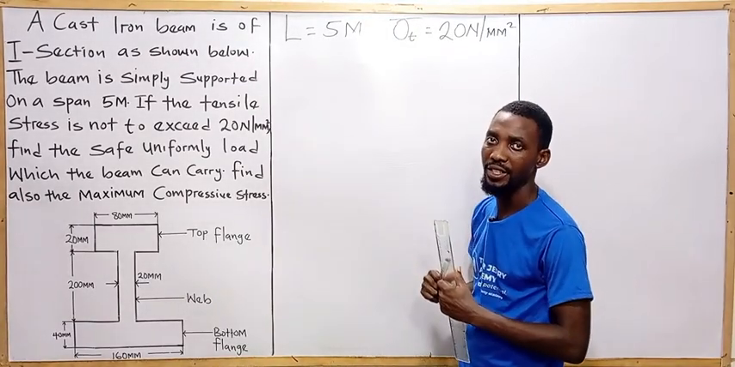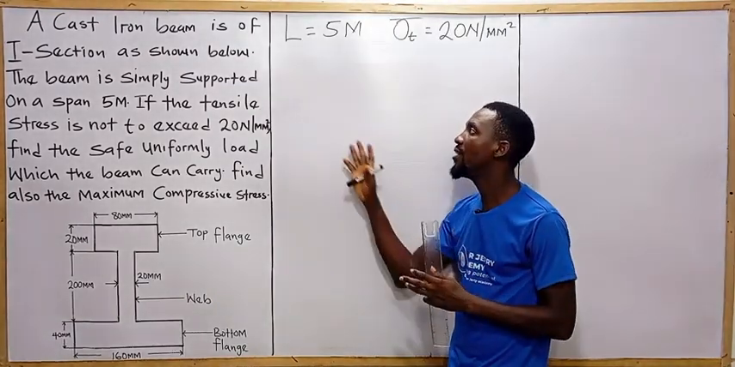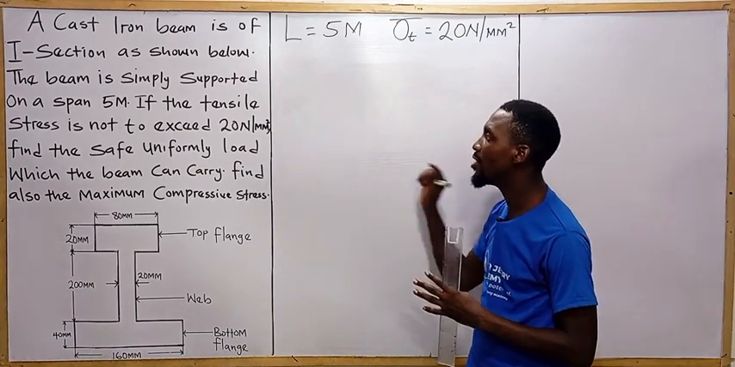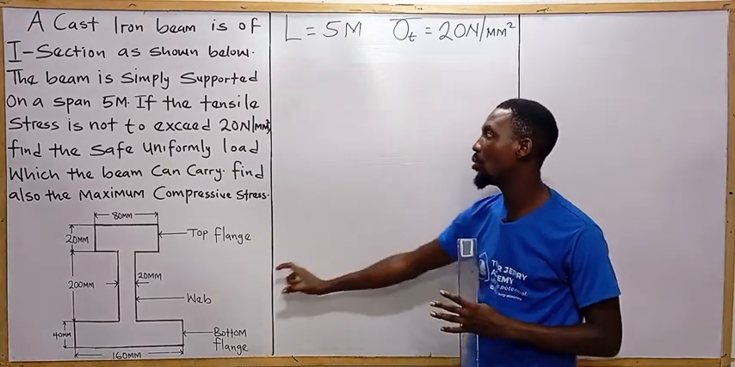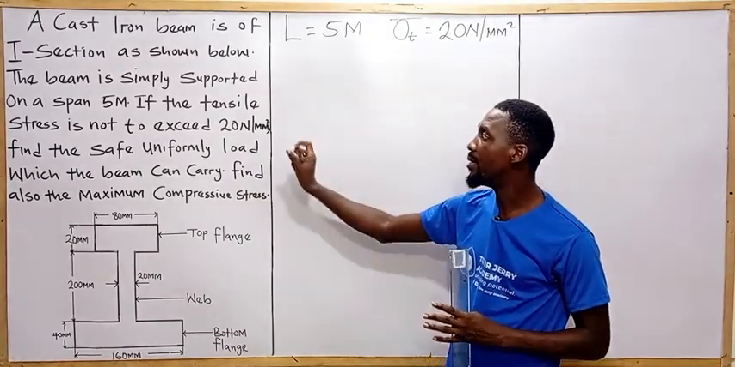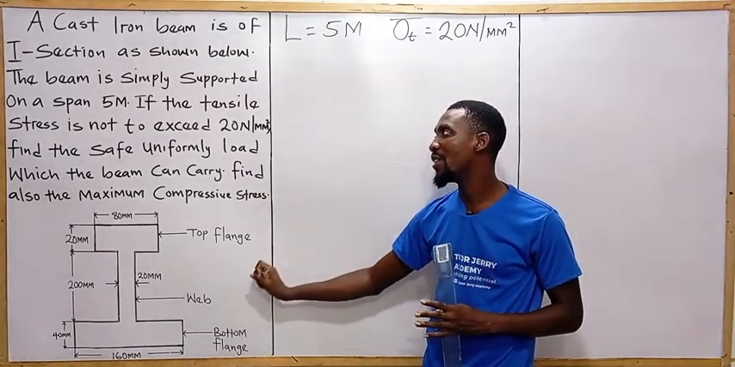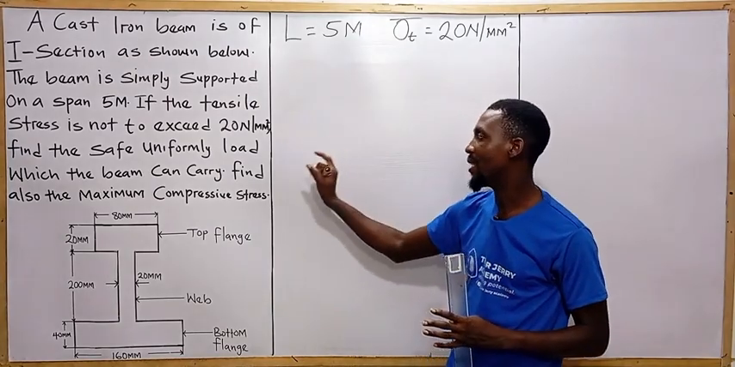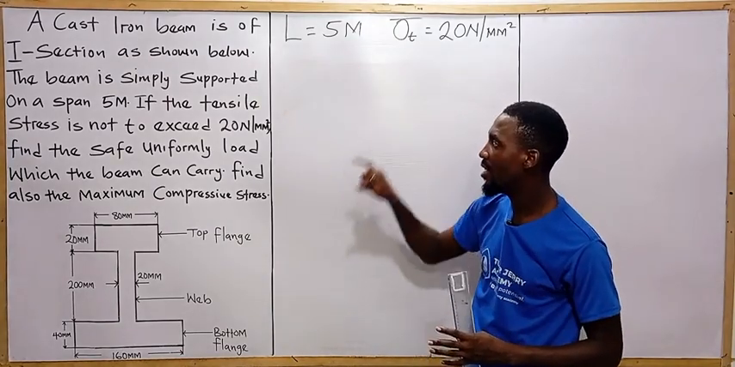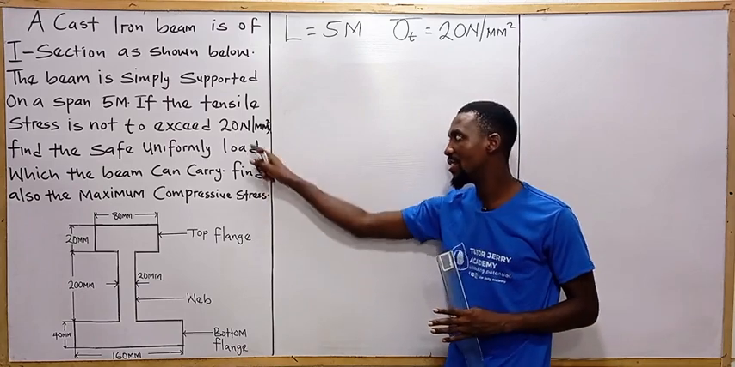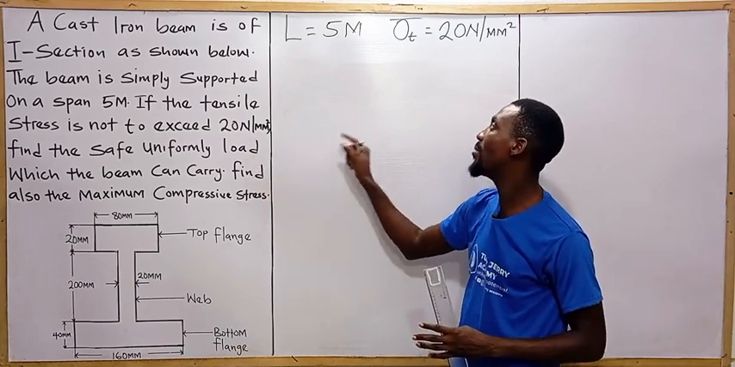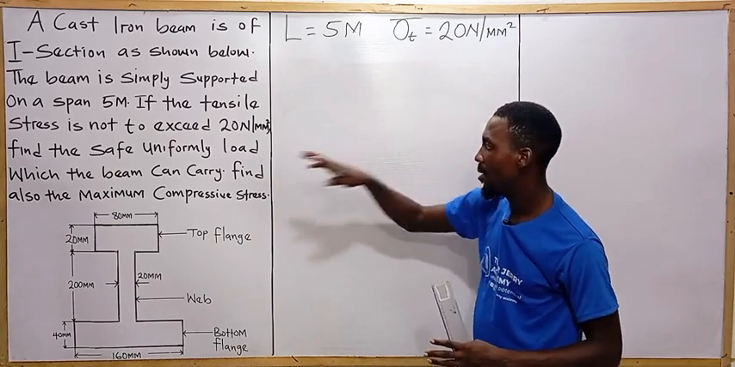Alright, let's solve the question above. It says a cast iron beam is of I section as shown below. The beam is simply supported on a span of 5 meters. It means the length is 5 meters. If the tensile stress is not to exceed 20 Newton per mm square,